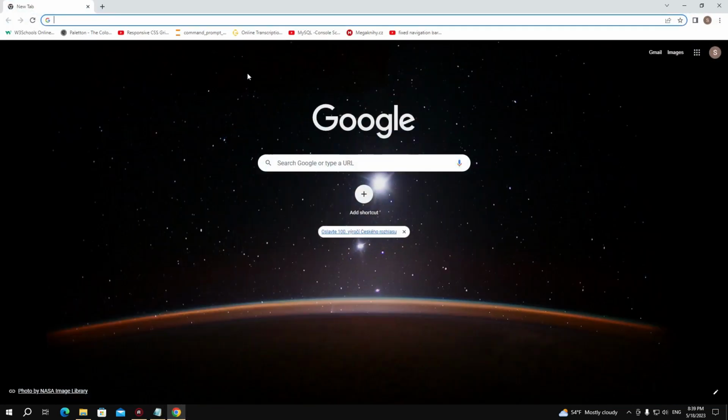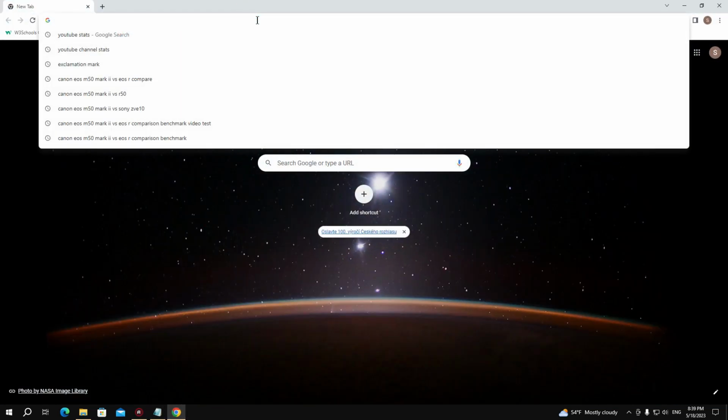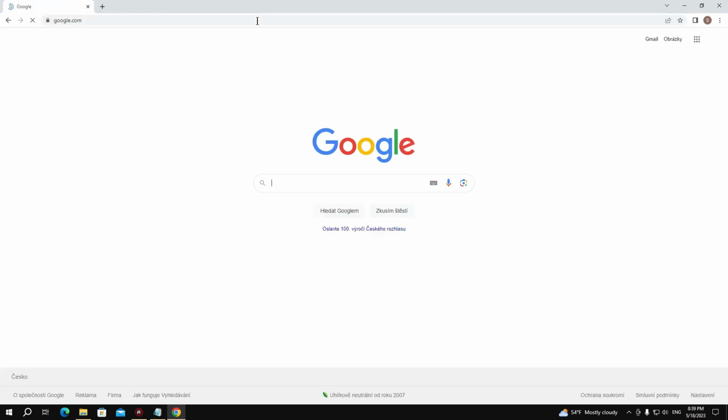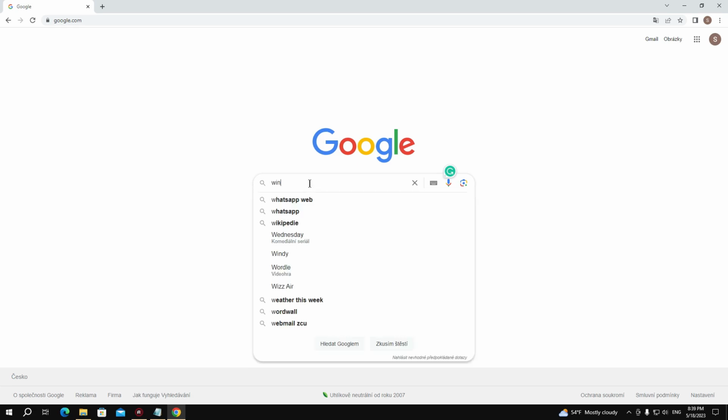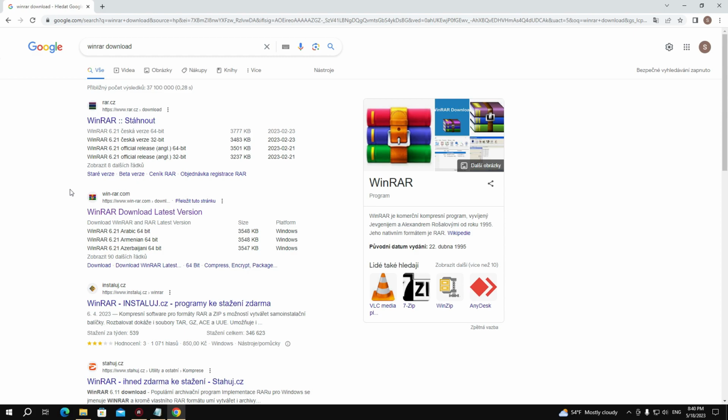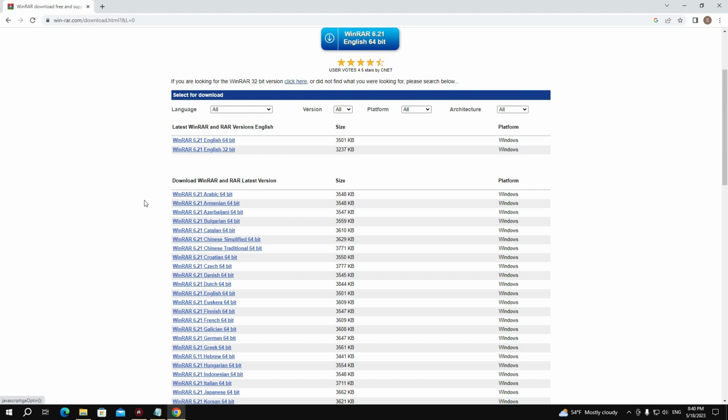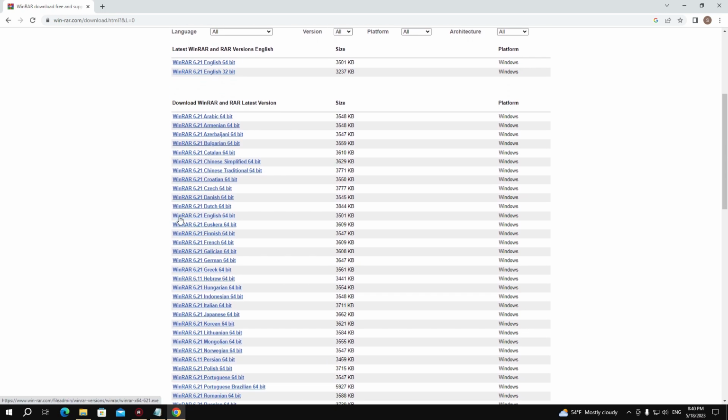Let's go to the browser, let's go to Google, and let's type WinRar download. Don't worry about the entire process, you can easily go to the description of this video and click on the link and you're going to be directly redirected to the website where you can download WinRar. So I'm going to continue. Let's go here, WinRar download latest version, and we're going to download the English version, WinRar